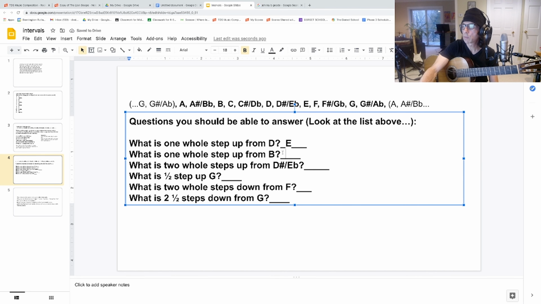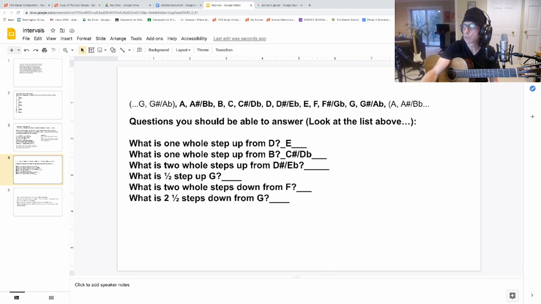One whole step up from B: B, half, whole, that would be C sharp, also called D flat. Two whole steps up from D sharp, E flat, not too hard to do. Two whole steps up: half, whole, step and a half, two. Answer: